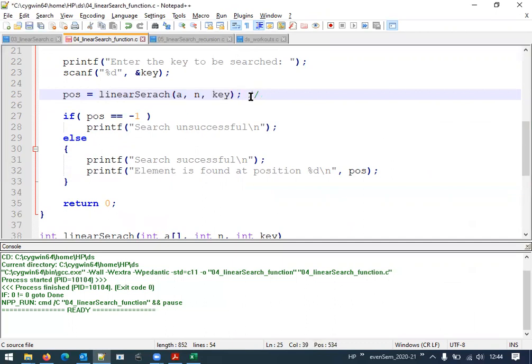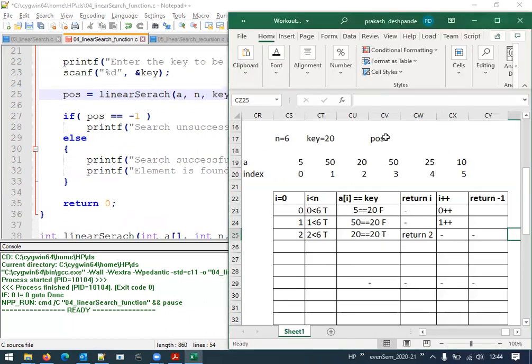Since it is returning 2, it becomes like pos, that is, position equals 2. Now the variable position is having the value 2 here.